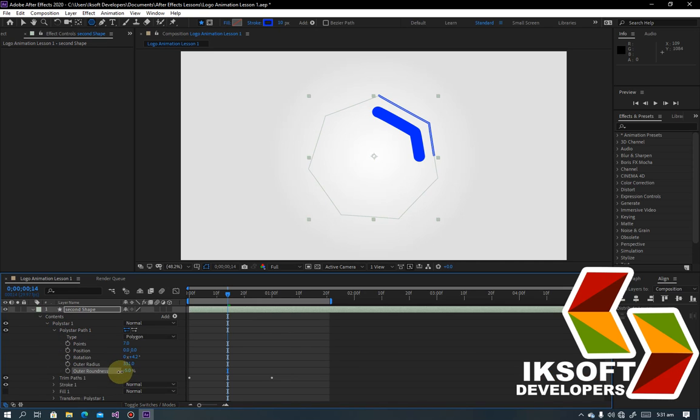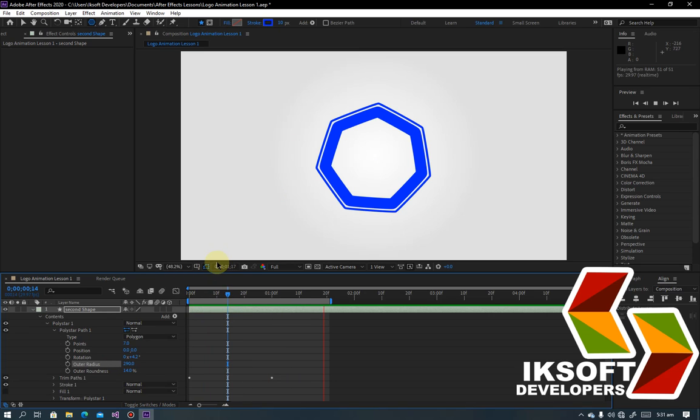Then the roundness of it, I think undo that. Let's see the outer radius. Let's set it to maybe 290, and I love that. So with this, when I click on 0, this is how it's gonna be, right? So what we're gonna do is